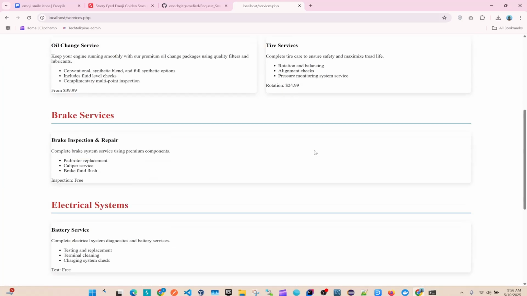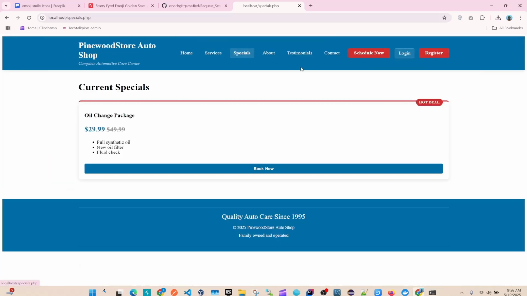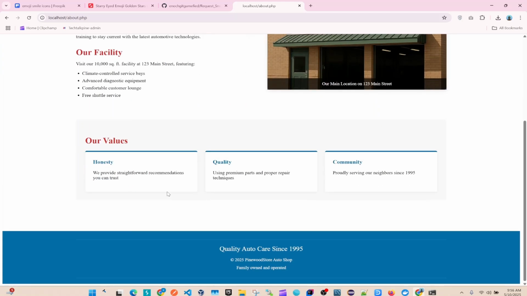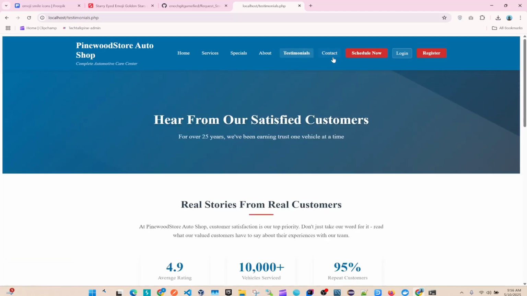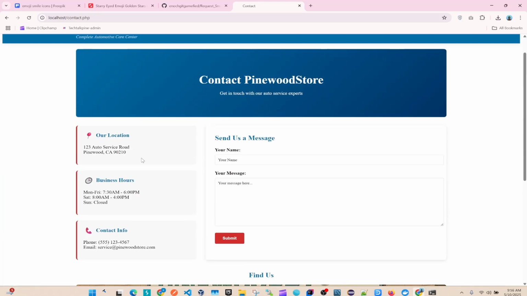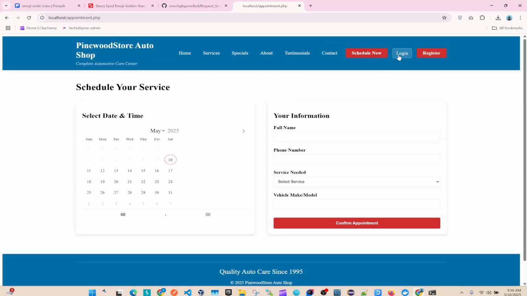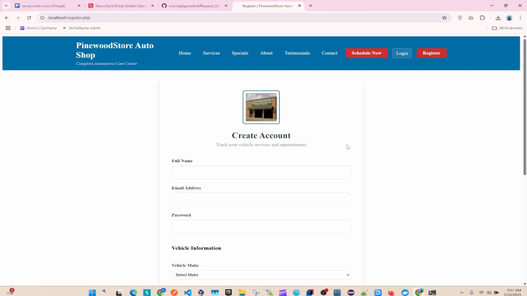It does have services, as you can see, and specials, an about section, testimonials, contact, and schedule now, and it also has login and registration. This site uses a MySQL database in the backend, so the way you would do it is you would register two accounts, and we try to exploit the two vulnerabilities. For this demo, we're going to see if we can combine two